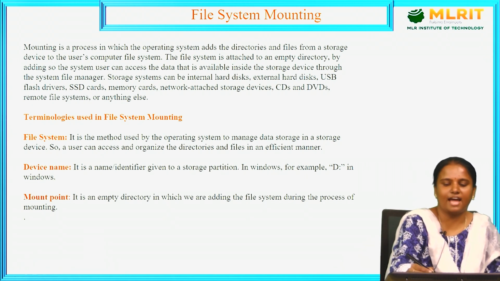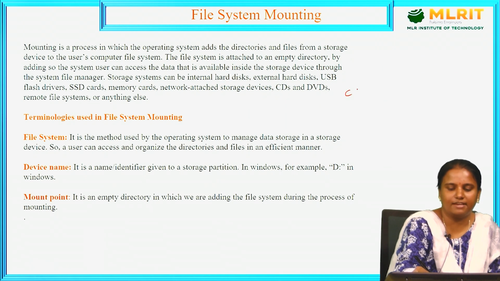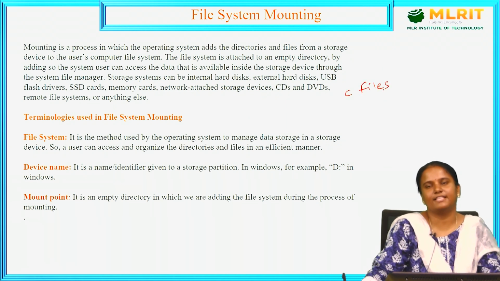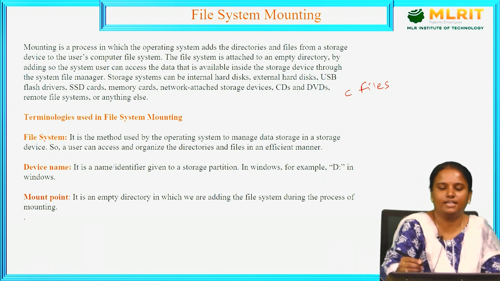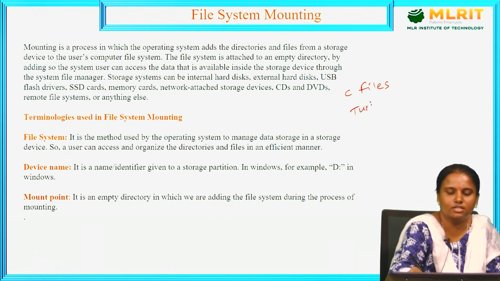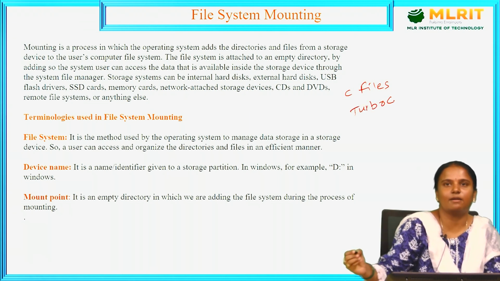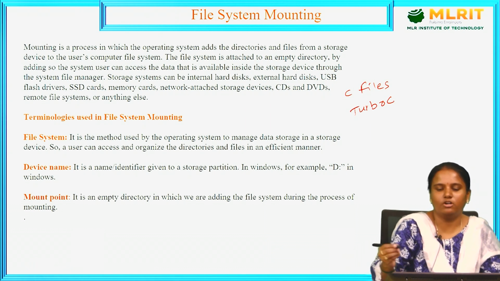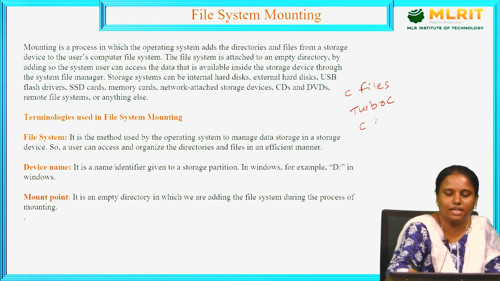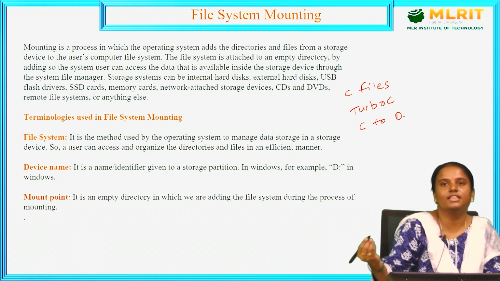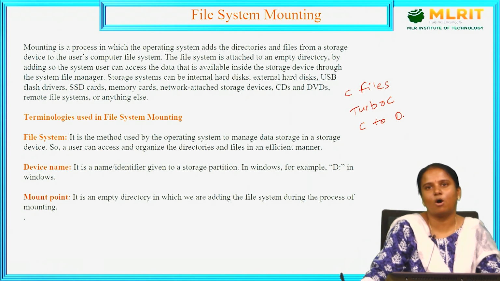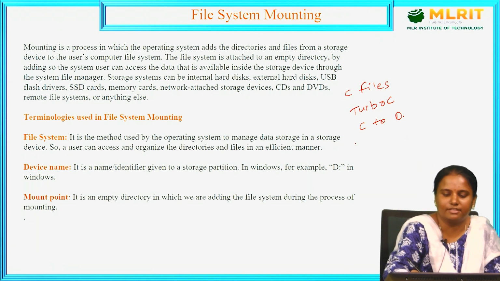So whenever I want to execute some C program files, we need Turbo C, yes or no? To execute these C programs, we need Turbo C. So I want to execute the files from C to D. In this case, how are we going to mount these files from C to D? Let us see the command for this. We need to write C:/mount